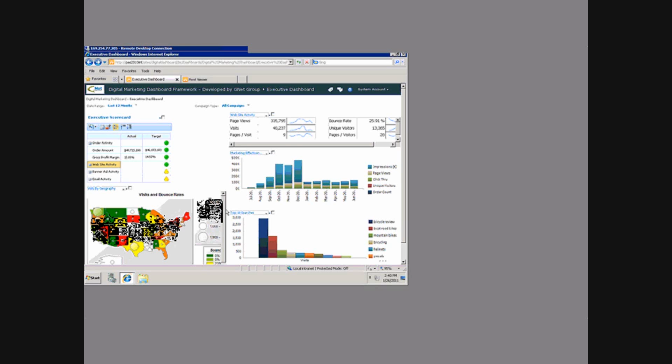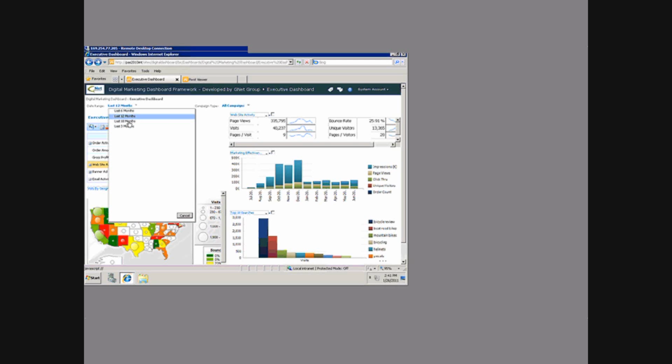Well, PerformancePoint in tandem with SQL Server 2008 R2 has mapping capabilities out of the box. So I'm able to use the site analytics information that I'm getting via IP range, who's coming to my website, what's the quality of that visit. I can start gauging over the last 12 months, let's even make that the last 18 months. So you can see that PerformancePoint is going back to the data set, rerunning all these reports across the last